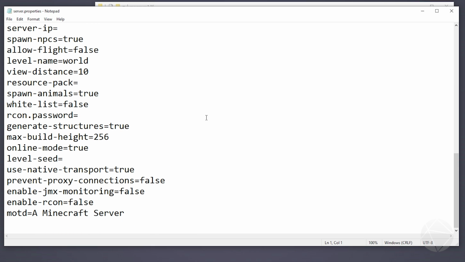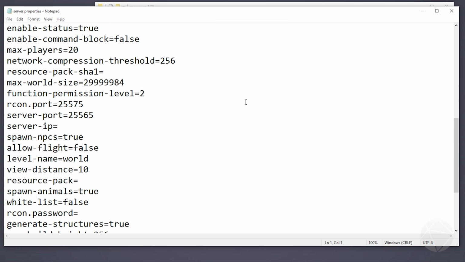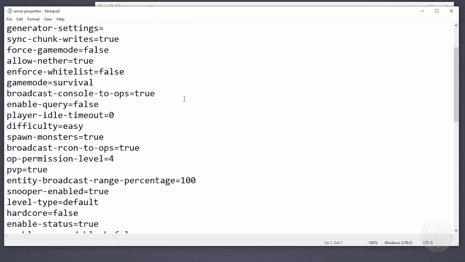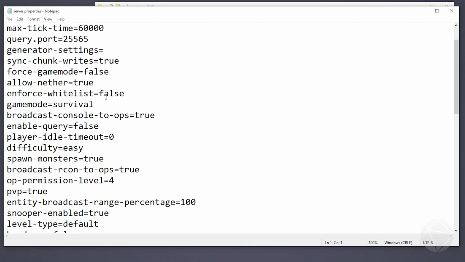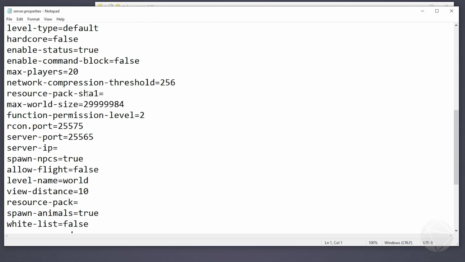settings for your server here. Alright, the one that you're going to want to worry about probably the most is going to be server port right here. The default port for Minecraft is 25565. Now, if you're going to be putting this up on your network and you want people from, like, you